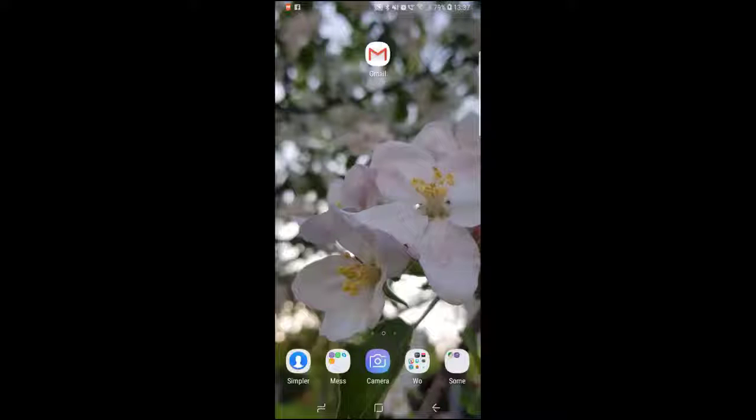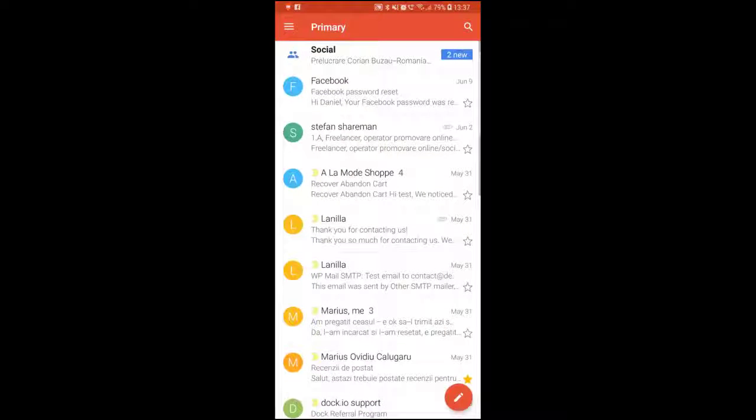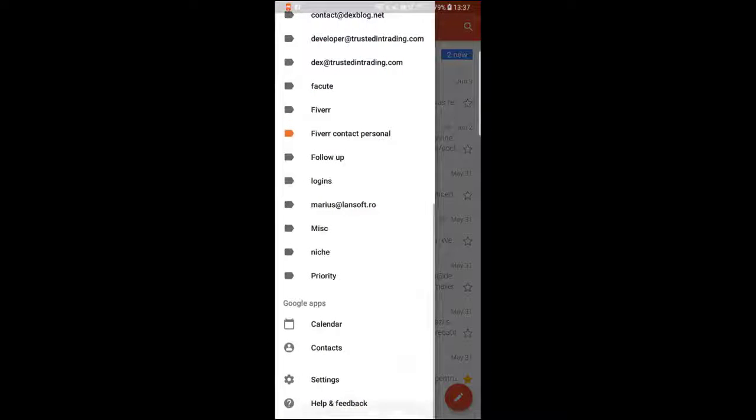Hi my friends, I will show you how you can customize your left and right swipe action on Gmail for Android. So how you can do this? This is actually a new feature that Google just released. Go to Gmail and go to the settings. So here on the settings,